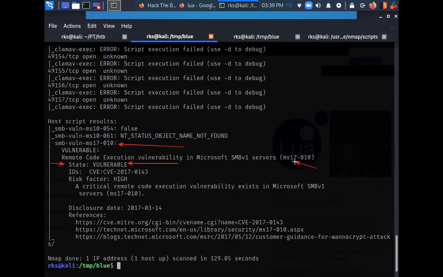and the vulnerability name is MS17-010. Can any one of you tell me what is the name of this vulnerability?